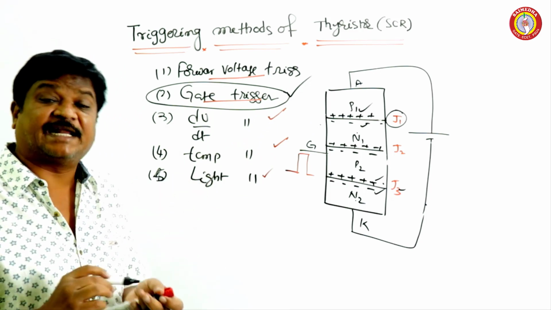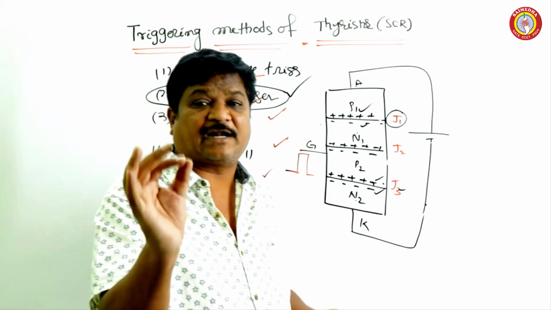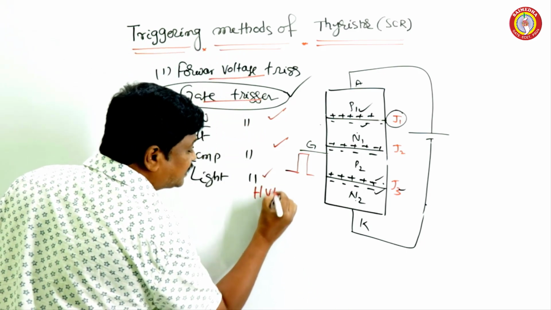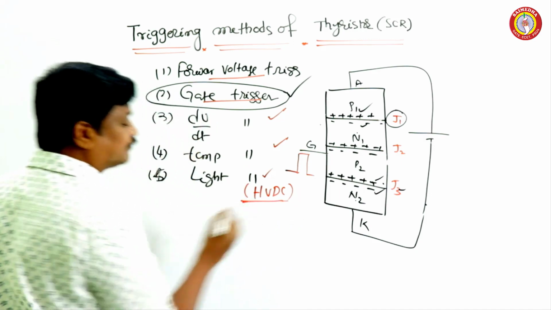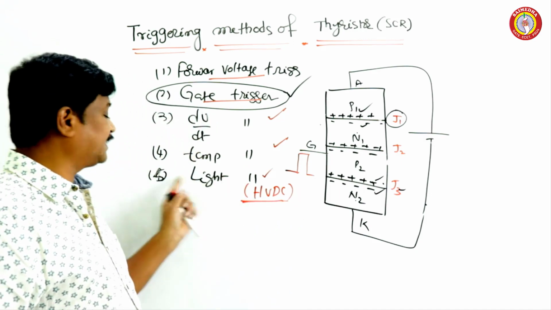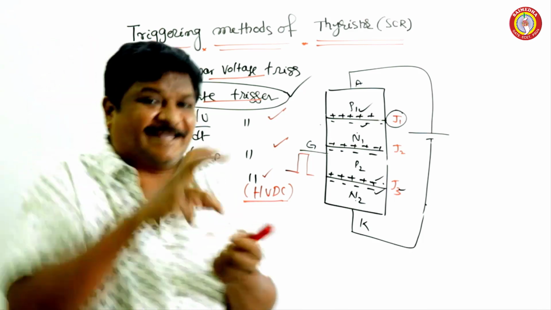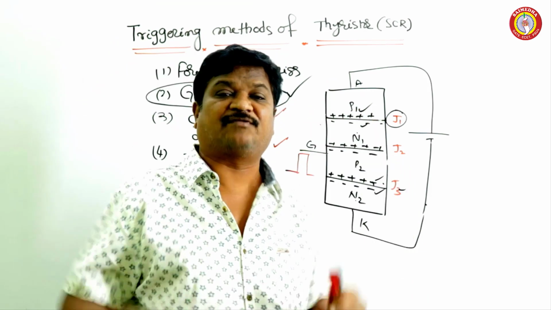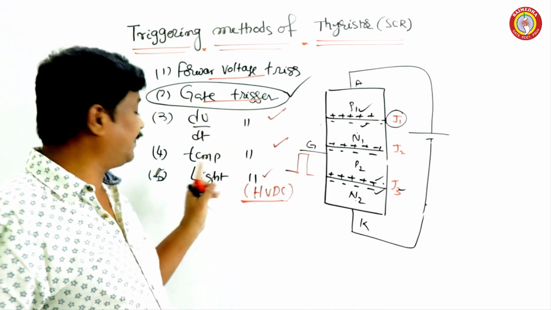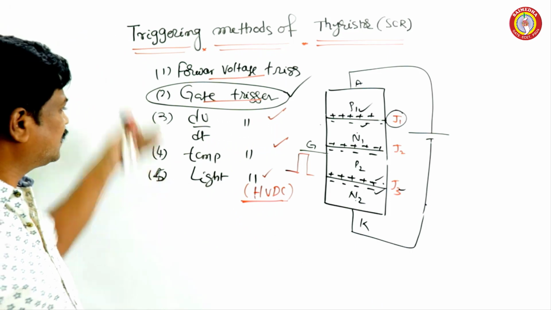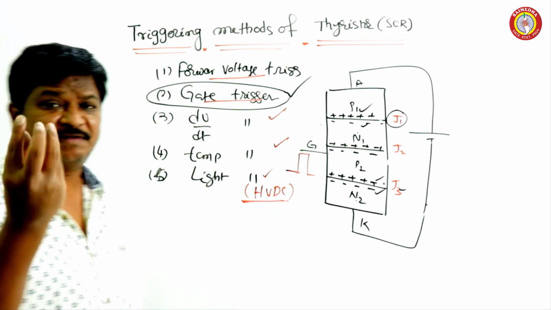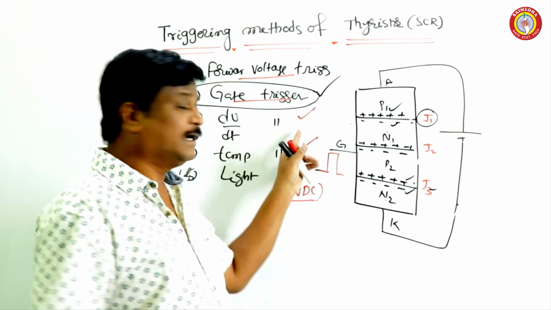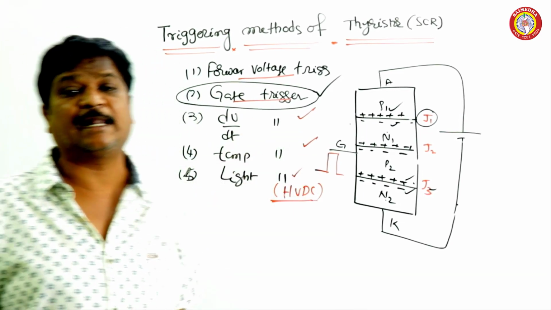And light triggering is a special application, especially from an electrical application point of view. This is more popularly used in HVDC transmission systems. In HVDC transmission, light triggering is isolated triggering. Light means you don't want any physical connection; just light can be impinged on the device. High voltage operation, that's why we prefer light triggering. So I will give a brief explanation of these various methods.